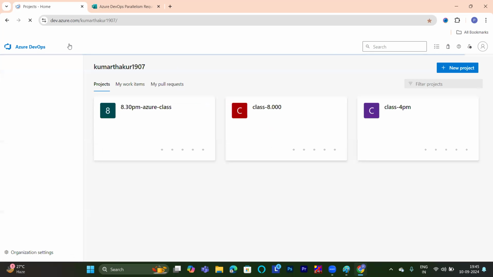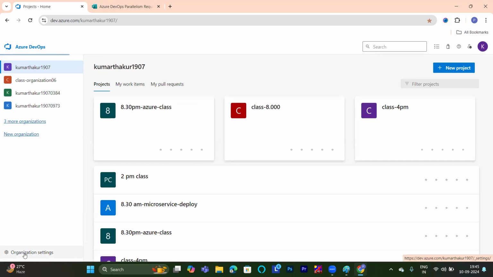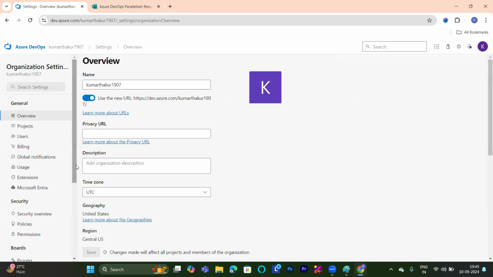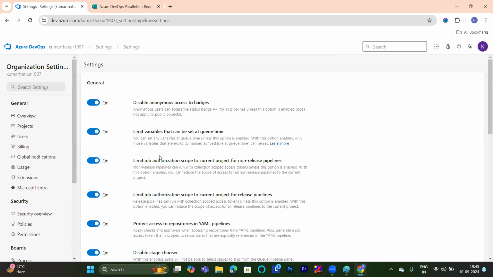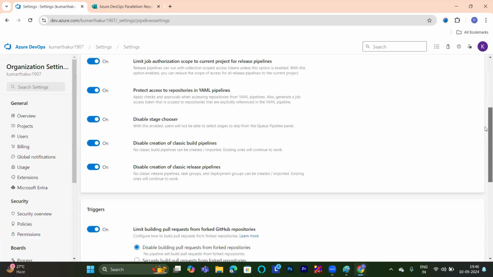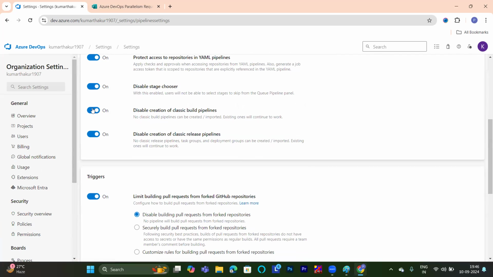Go to this one here, organization setting again, go to the setting. So go to the setting here. After going to the setting here, what you need to do here? Just disable both of them actually. You need to disable like this. If you disable, it means your